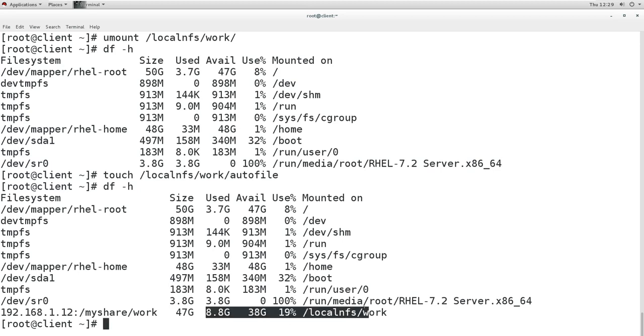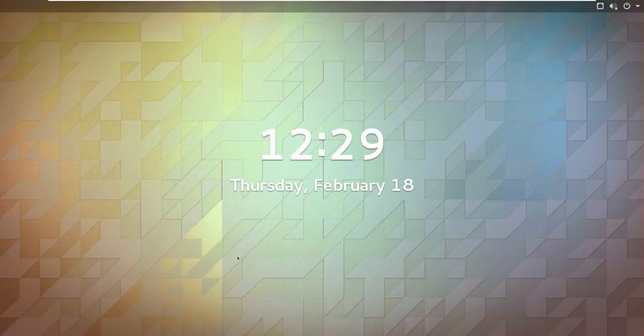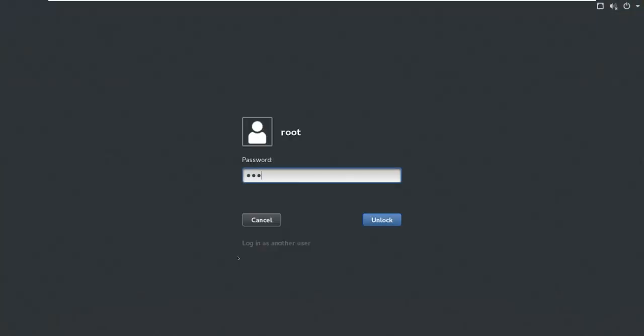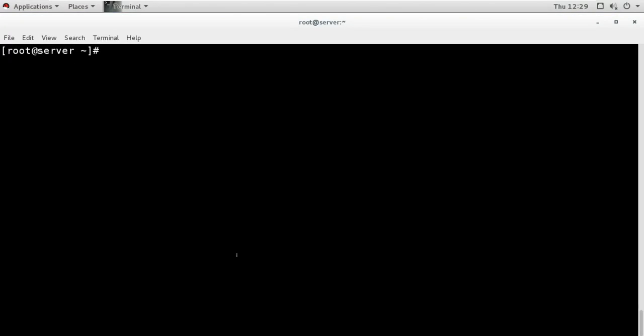It created the file on the NFS share, and we can check the directory on the server. So on the server, this is the directory which we have shared, and when we look at the directory, you can see the file is created here, the file which we created on the client.